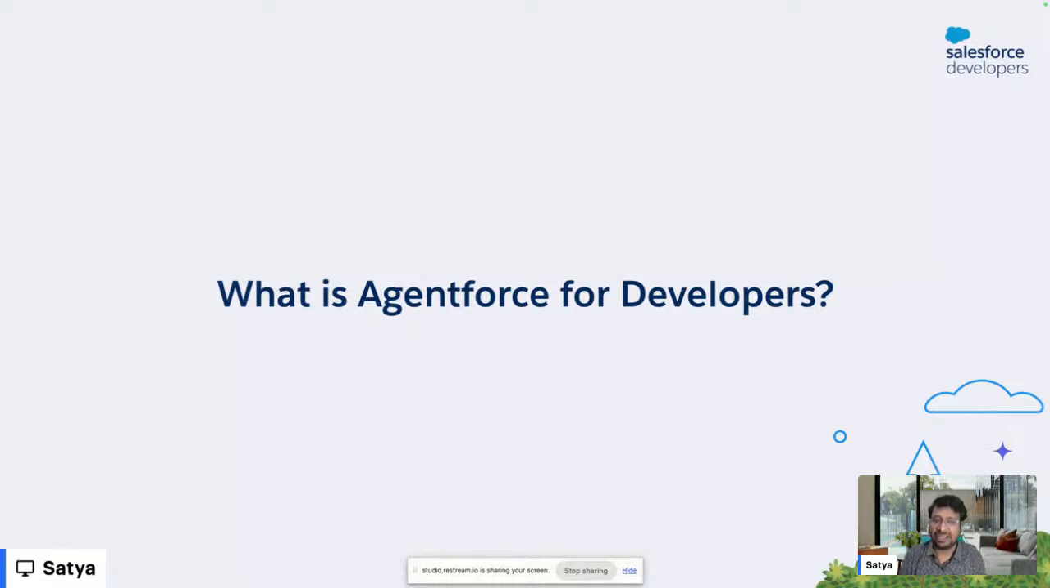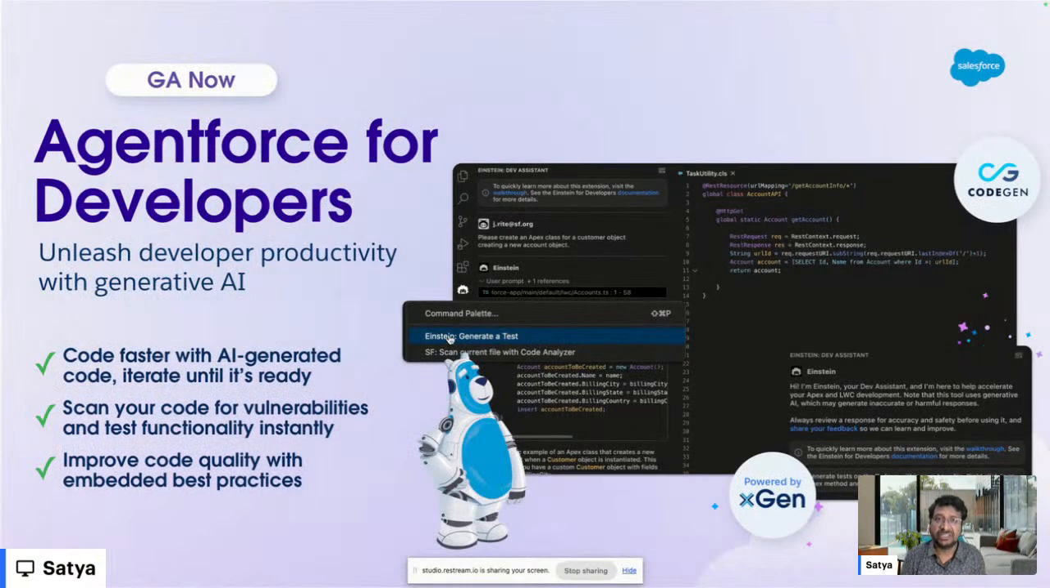To start with, I have a question here. What is Agentforce for developers? It's a suite of developer tools that are built with generative AI capability. These tools are built on the in-house large language models, CodeGen and XGen Code. These are the LLMs that are used to build these tools, and it helps developers to write the code. In fact, it can generate the code for developers. You can ask the assistant, we call it the dev assistant, to generate the code for you, and it can